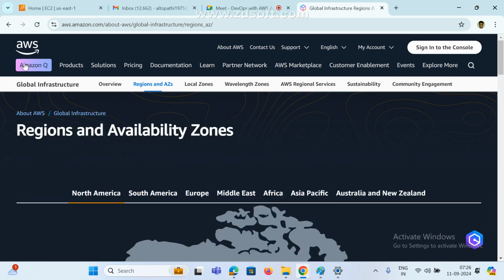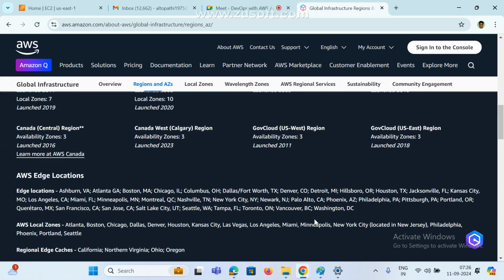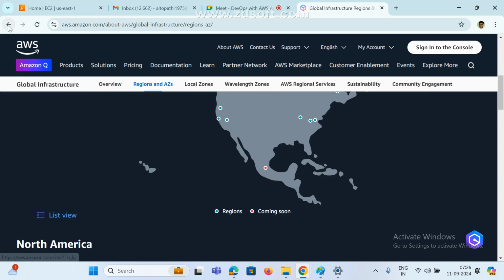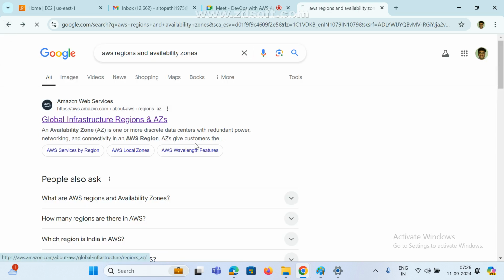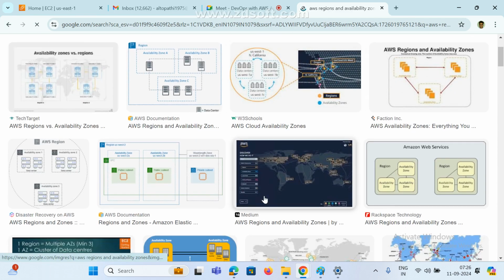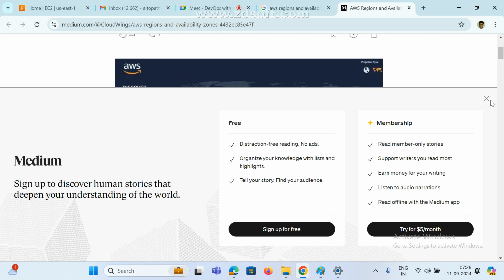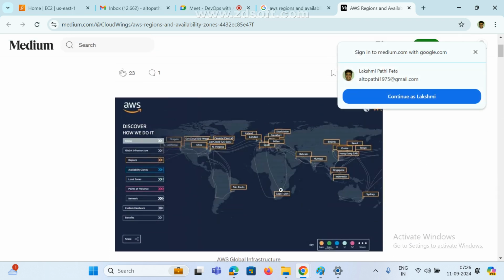If you want to enter, they ask what is the region and what is the availability zone. There are many areas; worldwide they are maintaining many things. Go back and see the image of how they maintain it. Can you see the image? Is it visible or not?